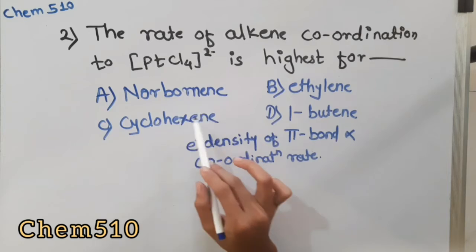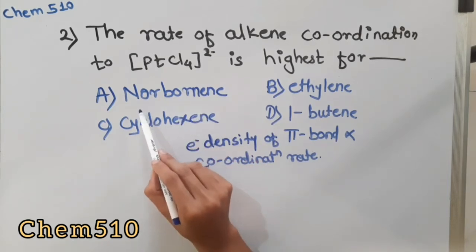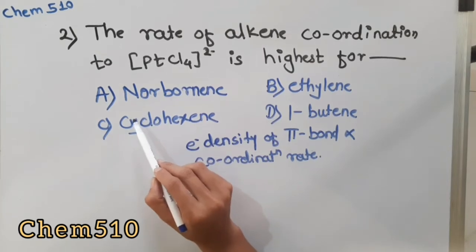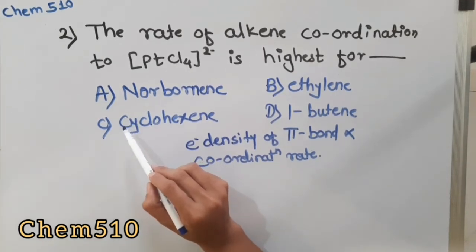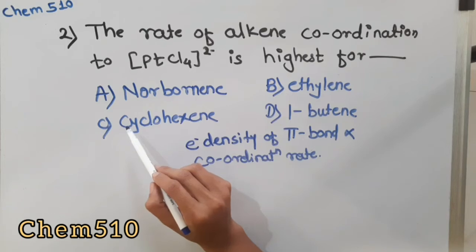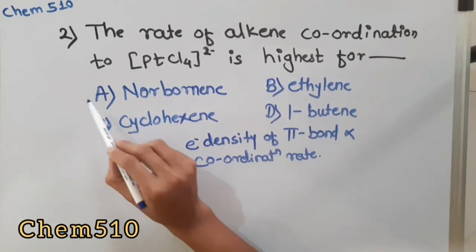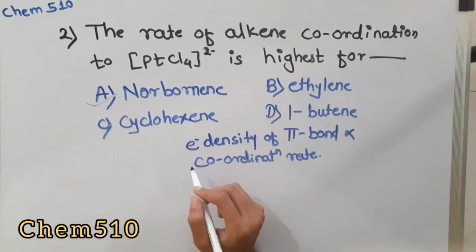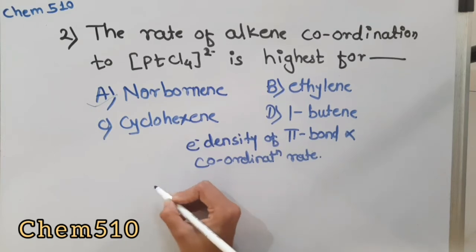In this option, norbornene has the highest electron density of the pi bond, so the rate of alkene coordination to PtCl4 2- is highest for norbornene. But the decreasing order of rate of coordination of alkene is